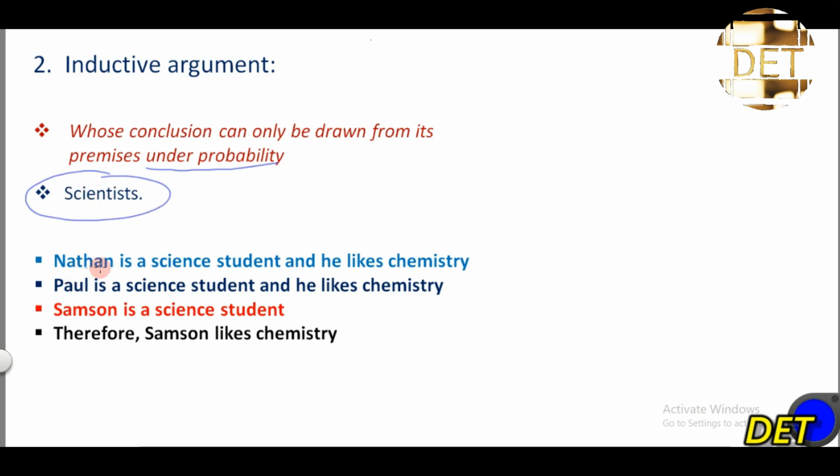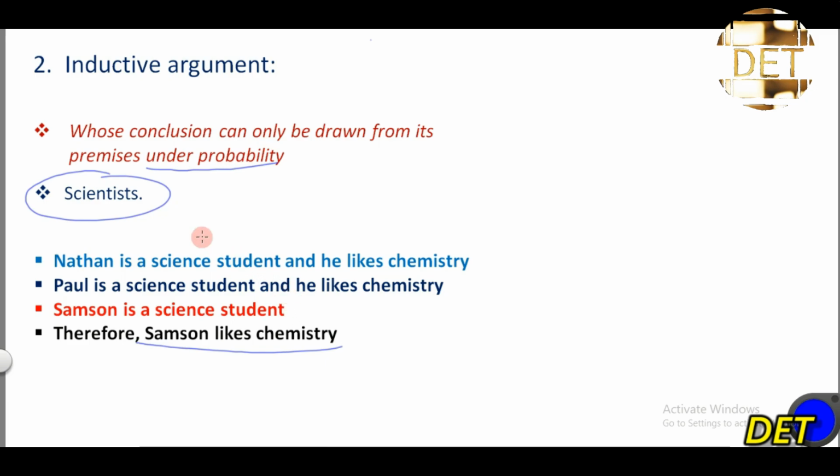For example, Nathan is a science student and he likes chemistry. Paul is a science student and he likes chemistry. Samson is a science student. Therefore, Samson likes chemistry. But the fact that Samson is a science student does not mean that Samson will like chemistry. There is a high probability that Samson may not like chemistry, and there is a high probability that Samson may